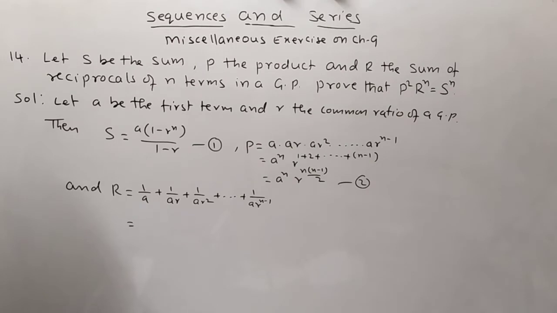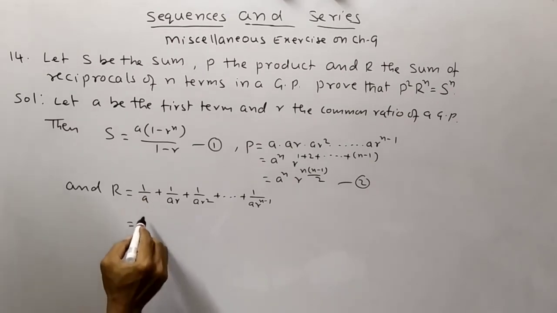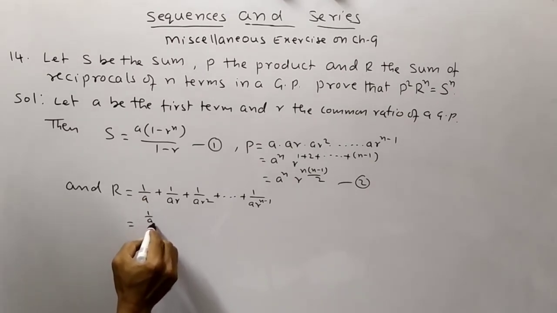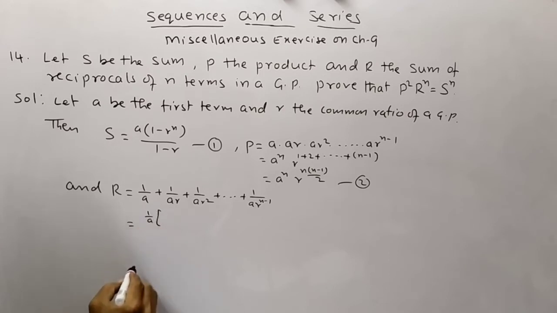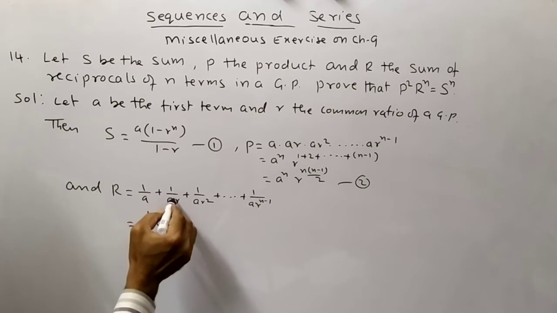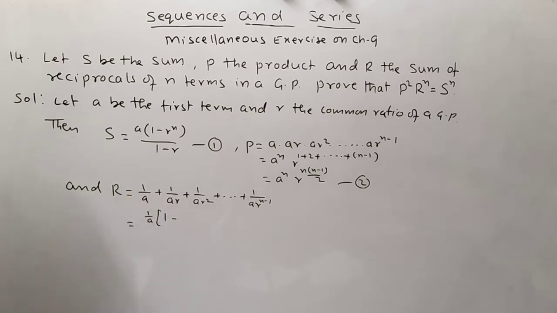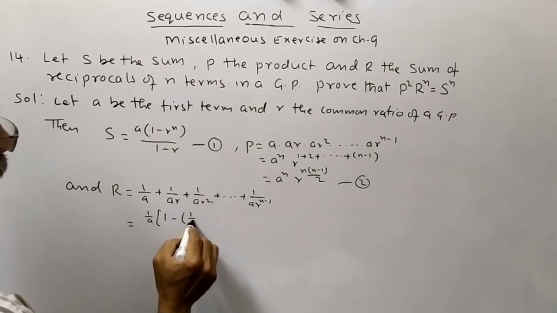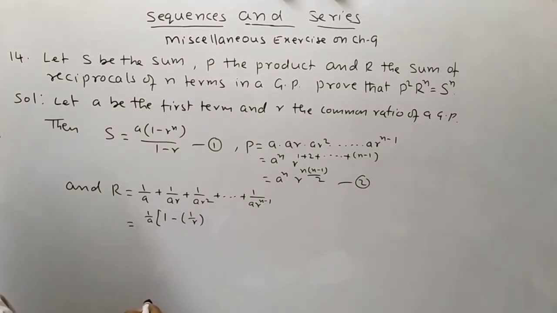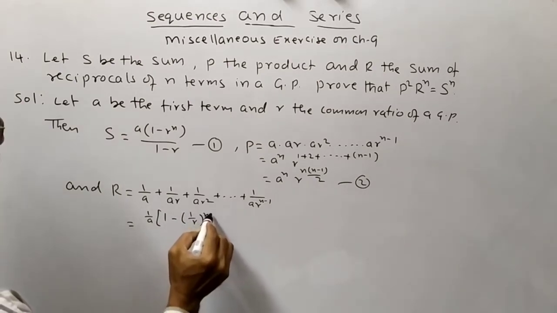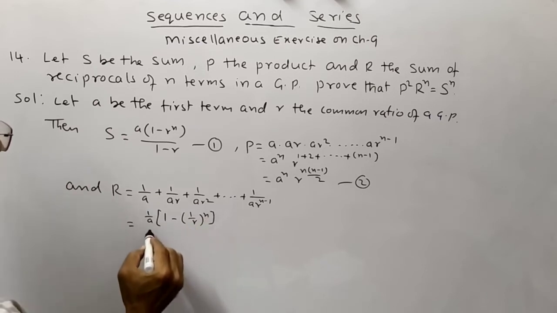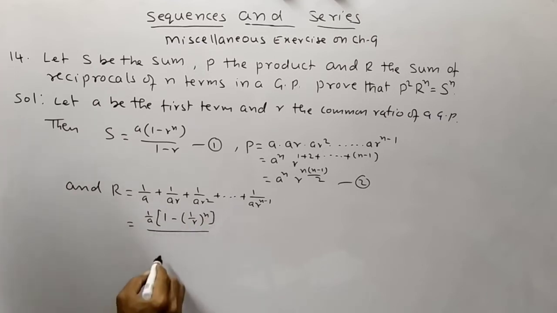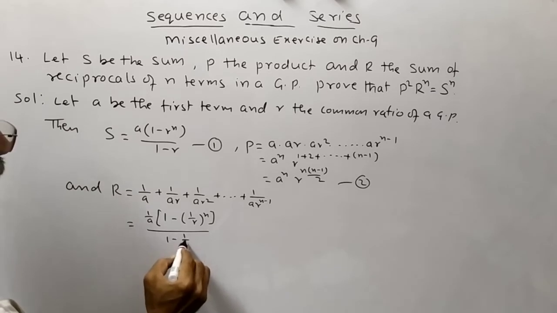This is equal to, what is the first term? 1 by A. What is R? Second term divided by first term. That is 1 by R. Common ratio. Raised to the power n divided by 1 minus 1 by R